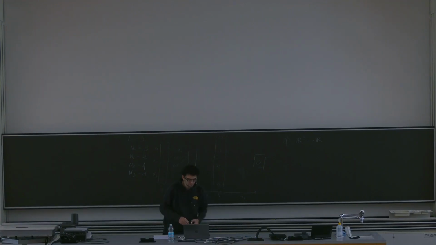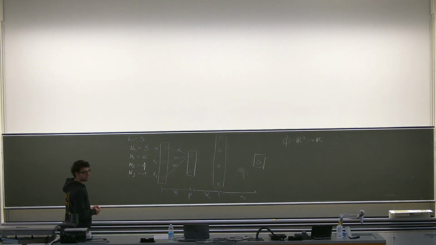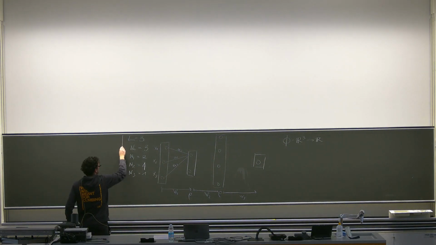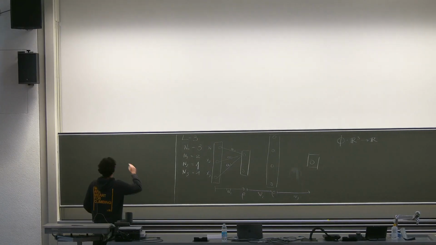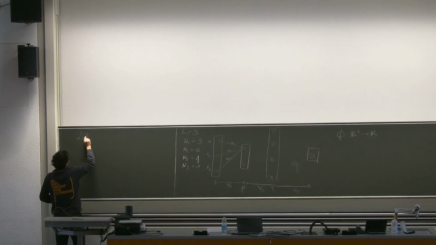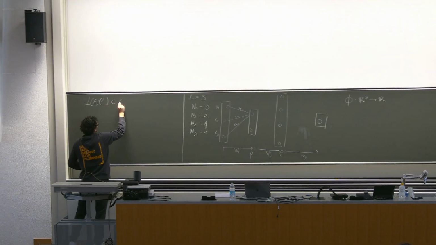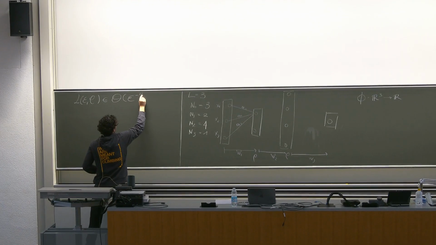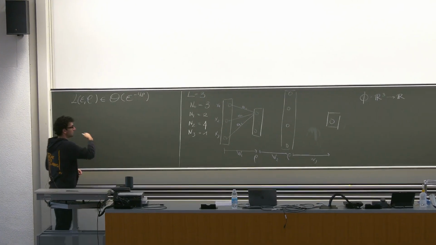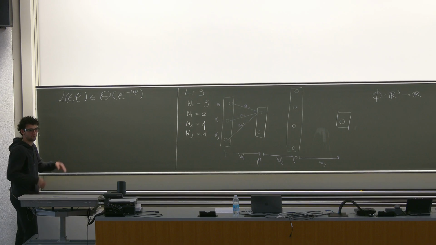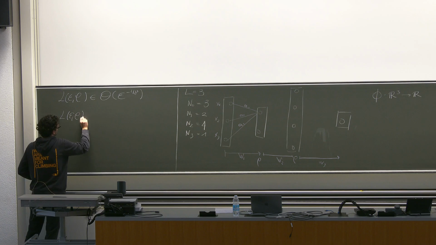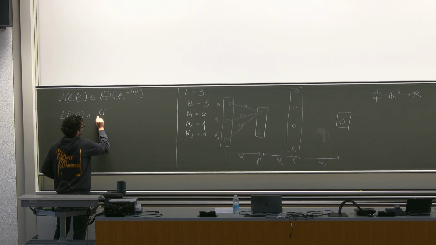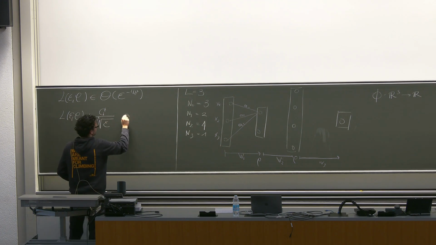Why is this gamma star C describing the complexity of our function class? We want the min-max code length to be a big O. So we are asking that L epsilon C is a big O of epsilon to the minus 1 over gamma. This can be very strange, so maybe it's not immediately intuitive. It just means that we want L epsilon C to be smaller or equal than a constant C over the square root of gamma epsilon, as epsilon